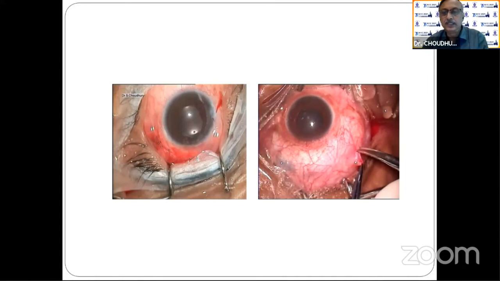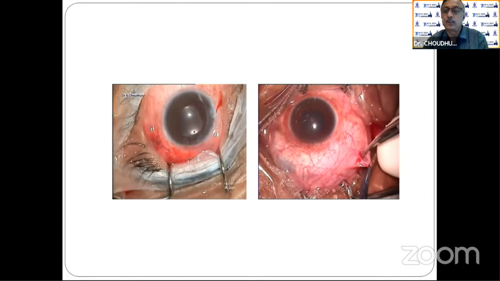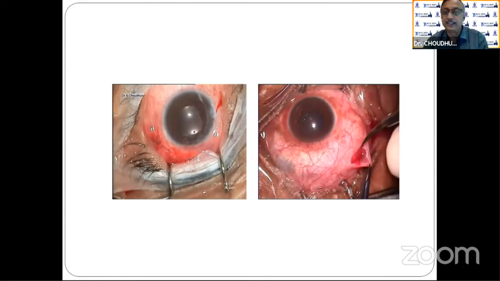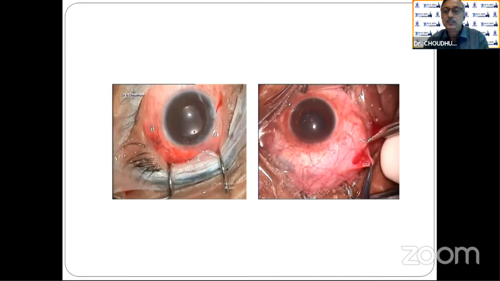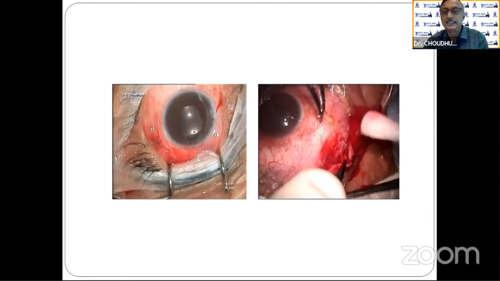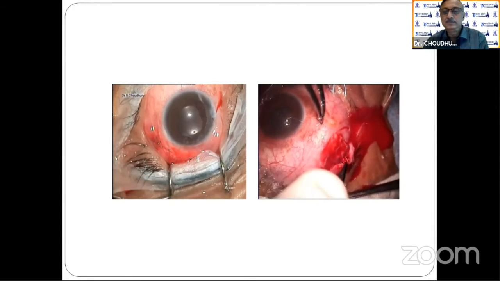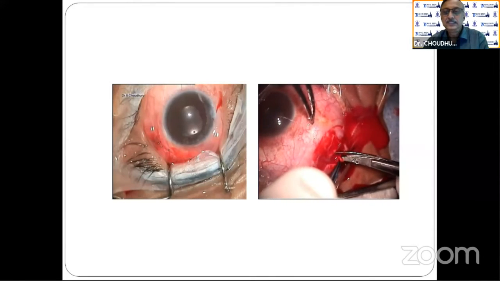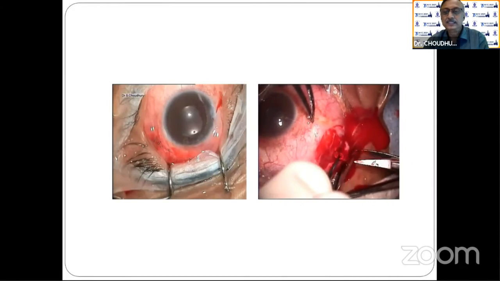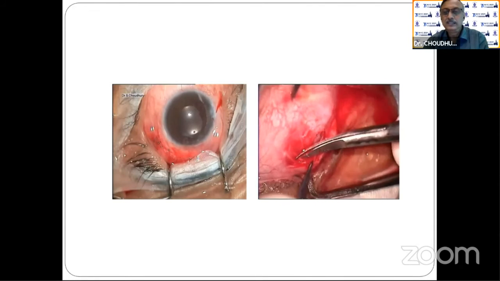First, I tried to remove the plumb. In this case of plumb, we don't know where the stitches are given or where it is fixed to the sclera. Ideally, it should be done by the retina surgeons to remove the plumb. But somehow I got some stitch here, the fixing stitch. I removed it. Now look at the plumb.